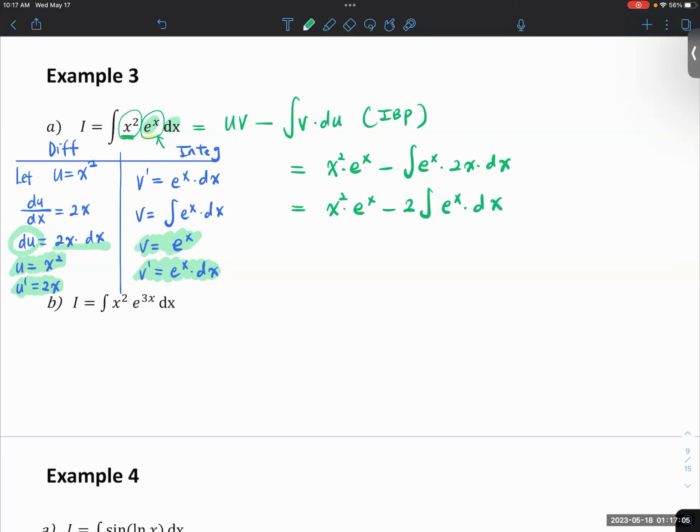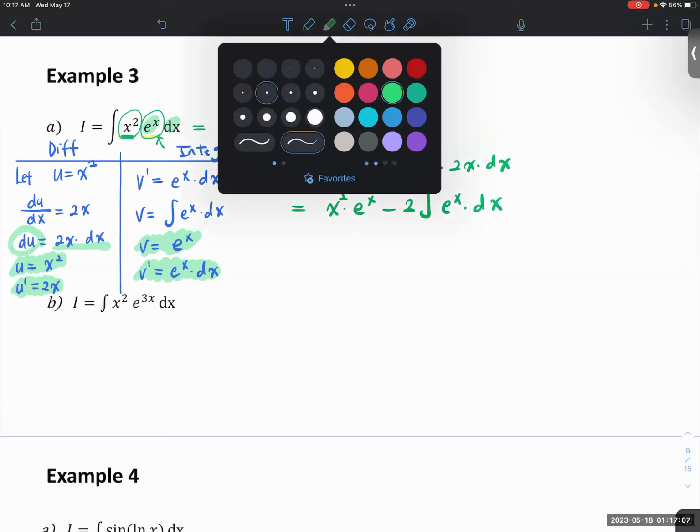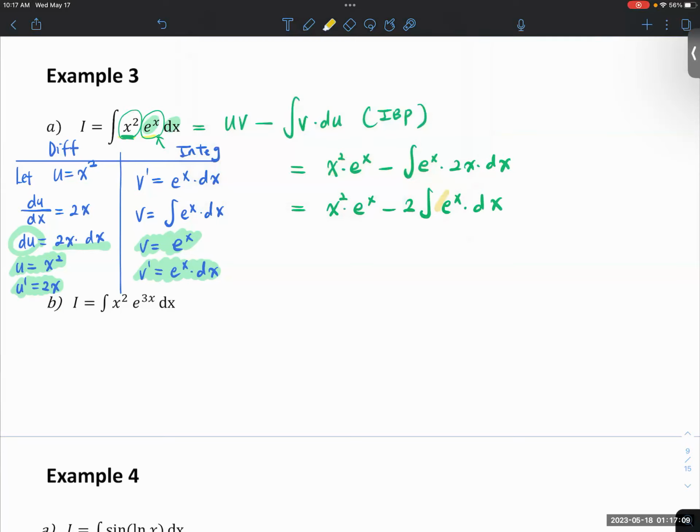Wait. Highlighted. You see that? I have a little bit of a typo. I forgot the x dx, right? Because the 2 just comes to the front. What I'm saying is, when you look at this part, let me write it, e to the x. When you look at this part,